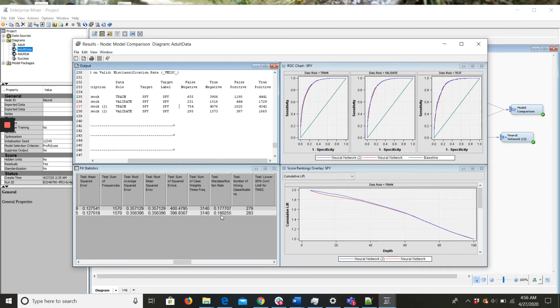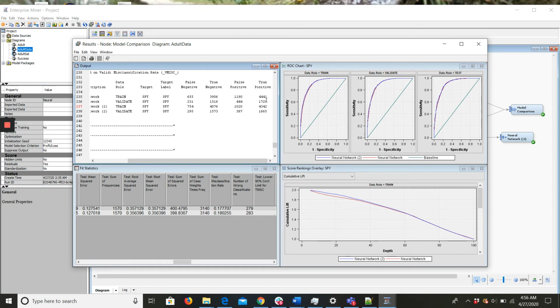So for my data, I feel that my first model is the best model because the misclassification rate is lower, though not much difference. It is still lower in comparison to the second model. And also we check the confusion matrix.